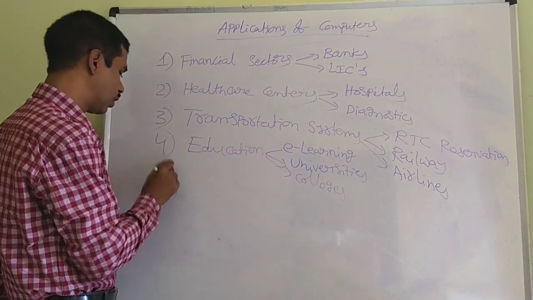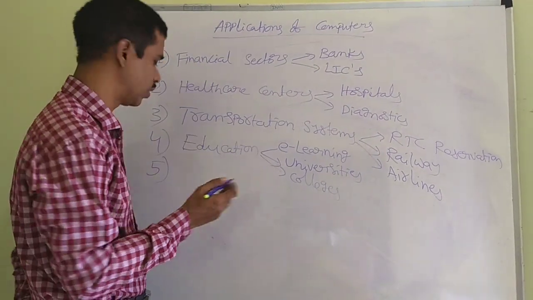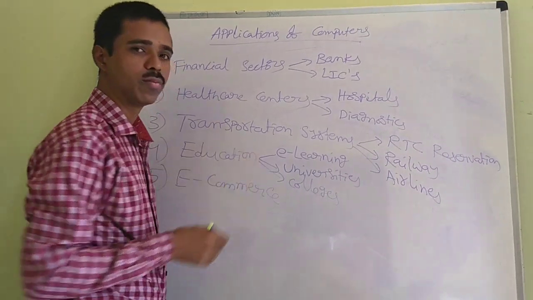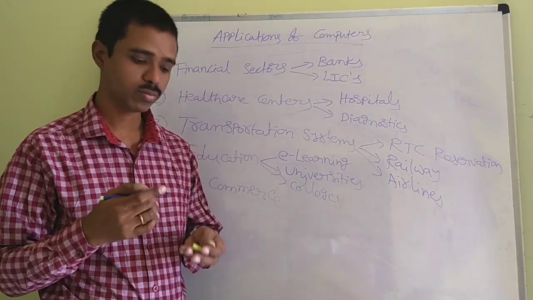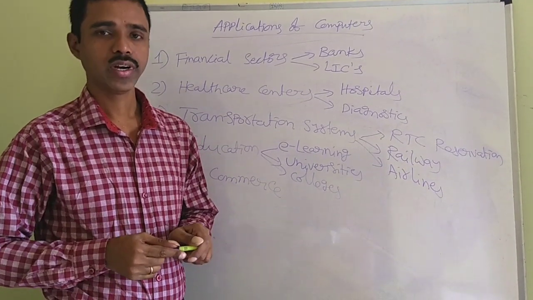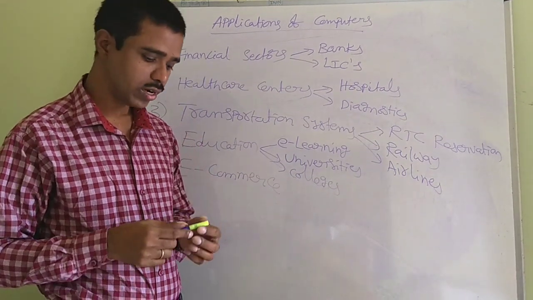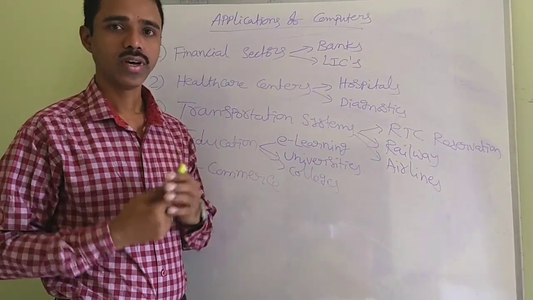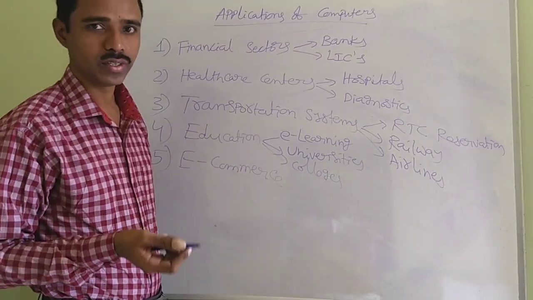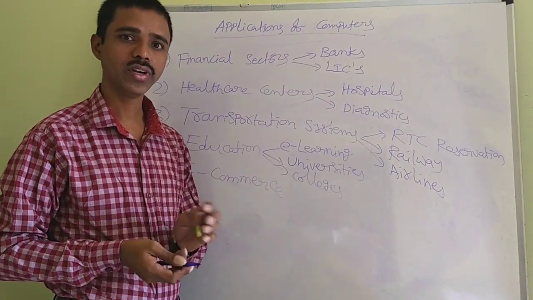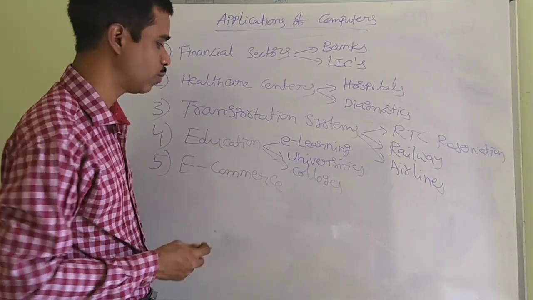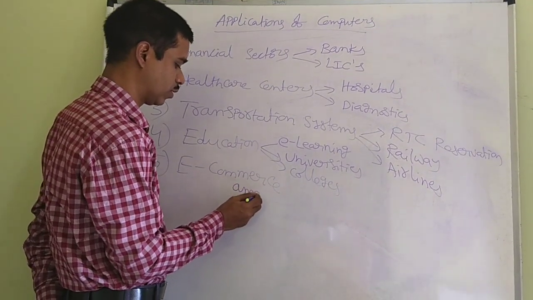Similarly, another area where we are using computers is e-commerce. E-commerce means online business. For example, if you want any product online, like Amazon and Flipkart, we can order the products online. Directly they will send our ordered products through courier. So e-commerce is nothing but online business. Even they are using computers. Through the internet we are booking the online orders, so they are dispatching our orders. Examples are Amazon and Flipkart.